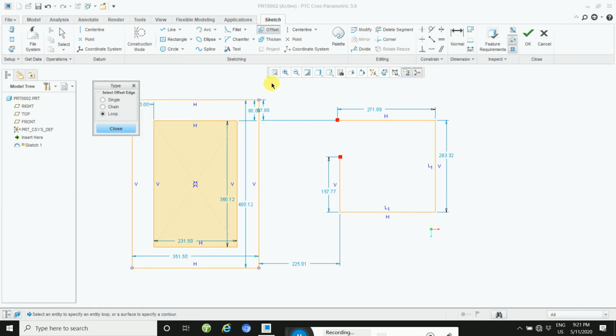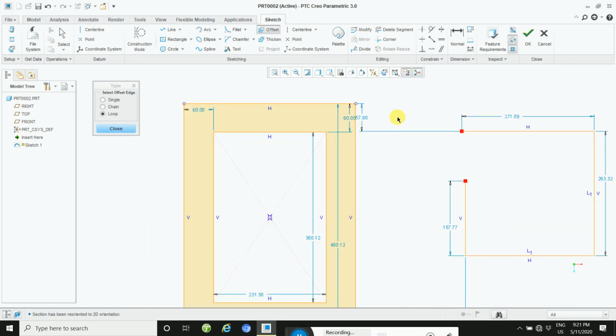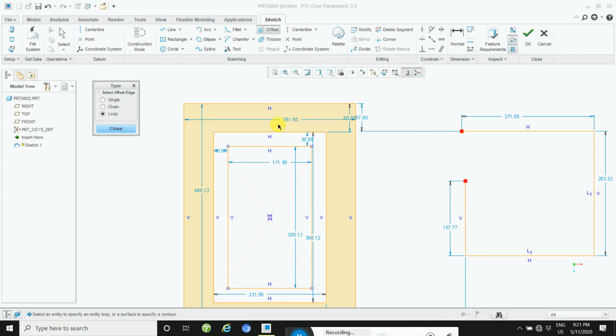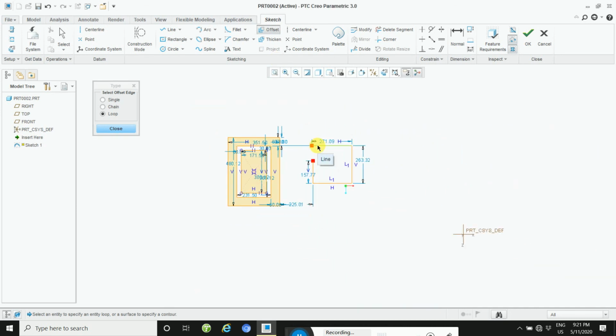See this, 60 outside. If you apply again, select the loop and then minus 30. Take minus 30, so inside. So to better understand, minus will be inside and plus will be outside.